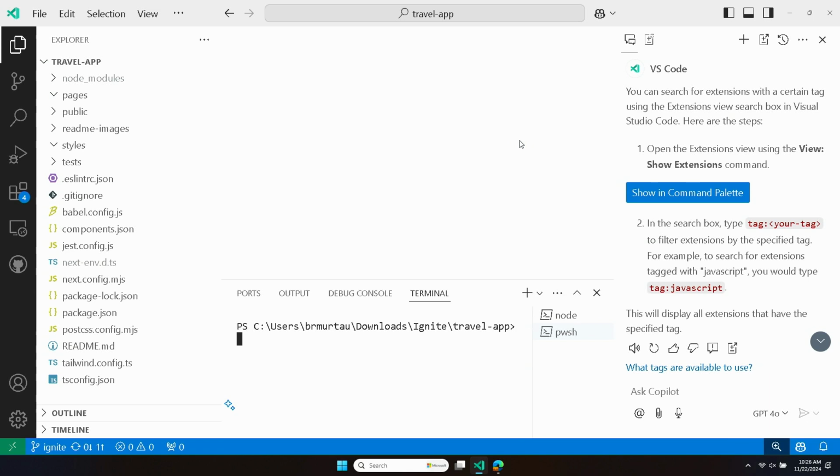And what's really cool is that chatting with Copilot isn't only restricted to the chat panel. You can also chat with it in different interfaces or components of VS Code. So for instance, I could do an inline chat in my terminal. If I say Control-I or Command-I, I can now interact with Copilot directly in my terminal, and it's gonna give me specialized answers in the context of the terminal. So I could say, what's the npm command for running my app?